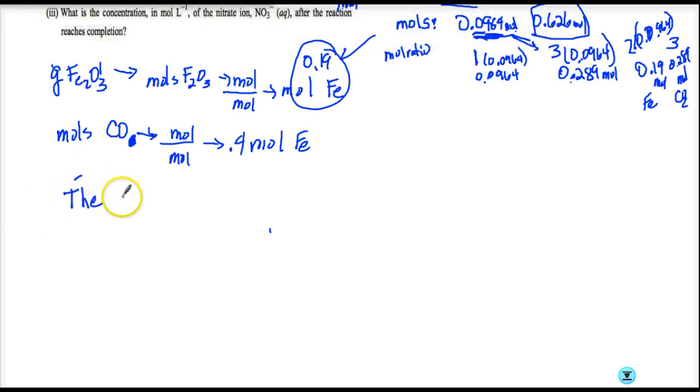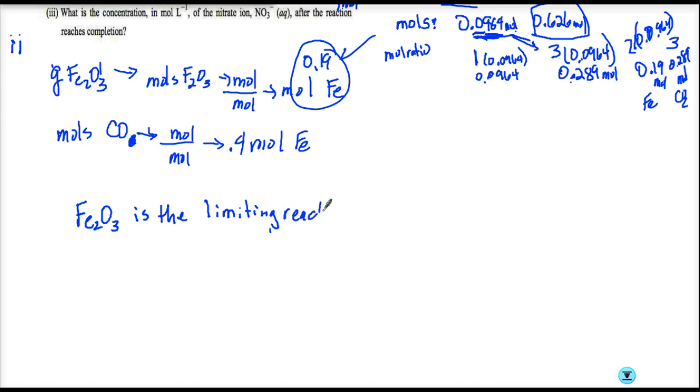Okay, so we want to tell them up front in their face what is... now remember, we're still on 2, right? So this would have been a nice sheet of paper, and it would have had the number 2 up here. And you would say up front, tell them, Fe2O3 is the limiting reactant since,